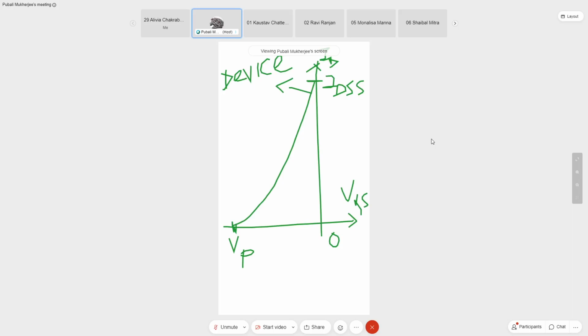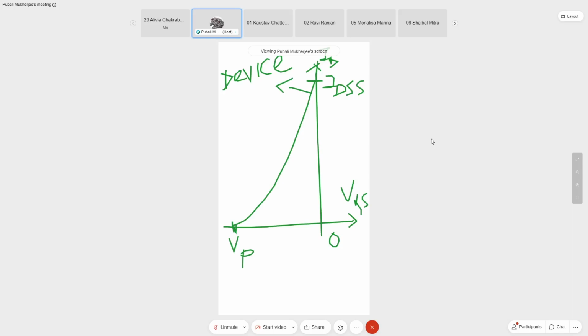It is a line which will be parallel to the y-axis. If I draw a line at any value of VGS, where I'm going to draw it I'll come to in the numerical. So this is a line, say at VGS equal to minus VGG. This is a line parallel to the y-axis, and the intersection of this line with the device characteristics gives you the Q point. So this gives you the value of IDQ.